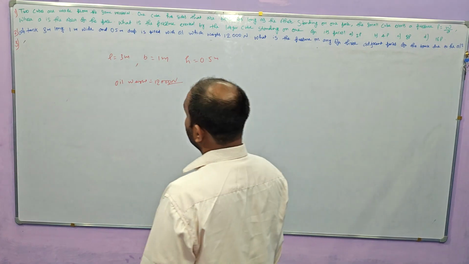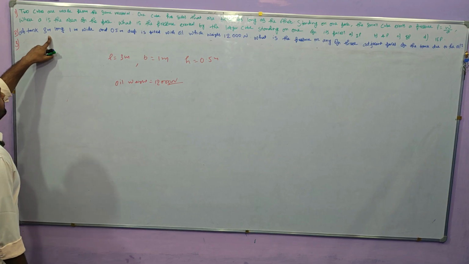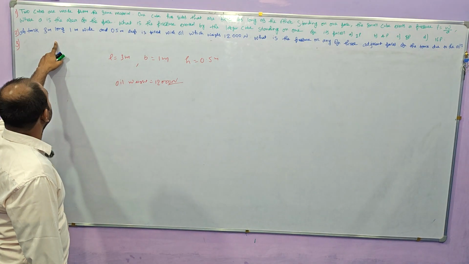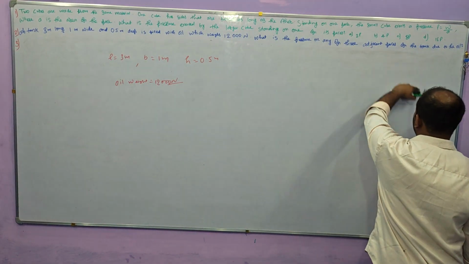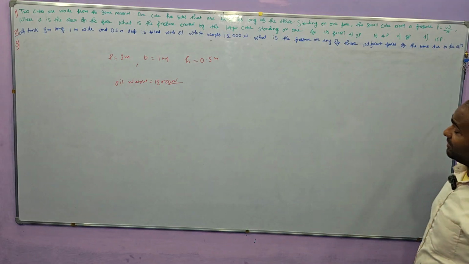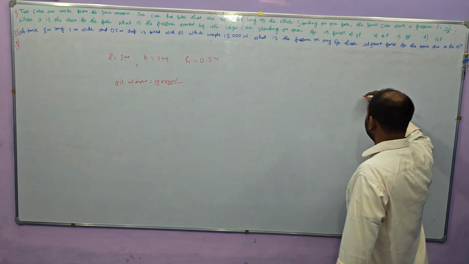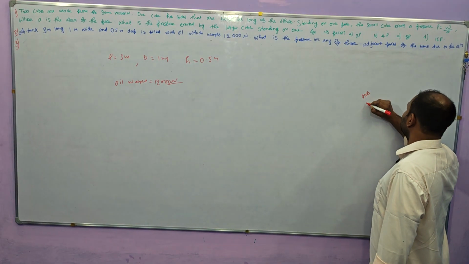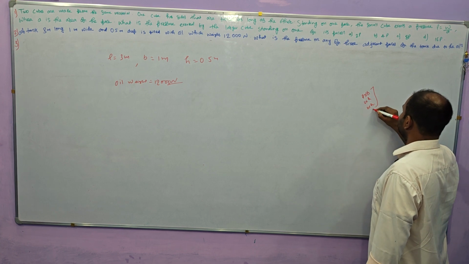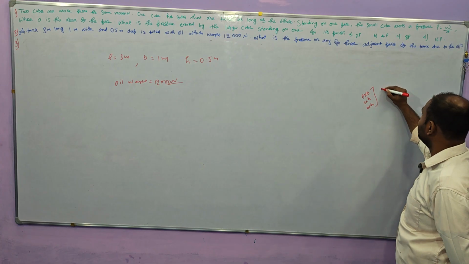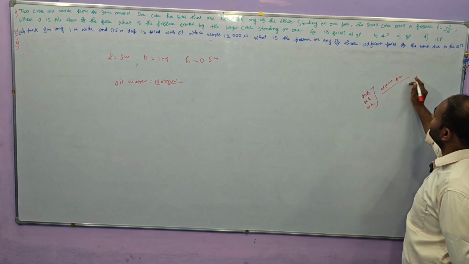Not a cube, it is a cuboid. There is a dimension of cuboid, so we can't consider cube. All are different dimensions, so that doesn't matter. We generally talk about L into B, L into H, and B into H. Those are the adjacent faces. Firstly, we consider about it.